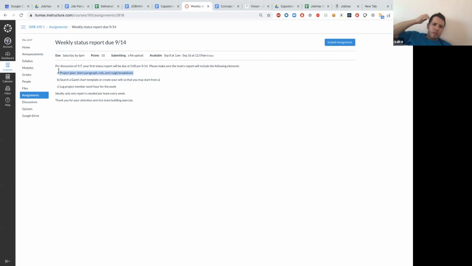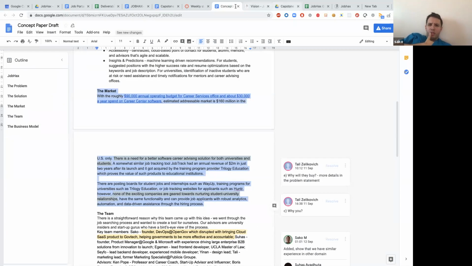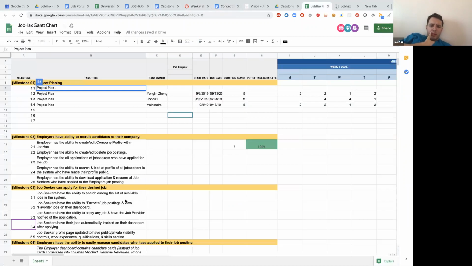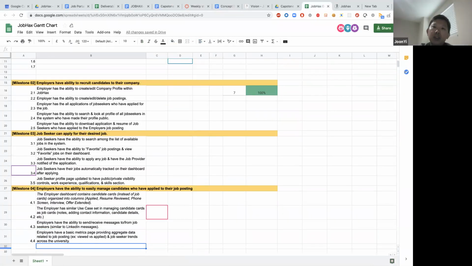So probably now, if we want it in one document, maybe we need to send two documents? We need to send the Gantt chart for sure. Yeah, I think we should be sending that as well.